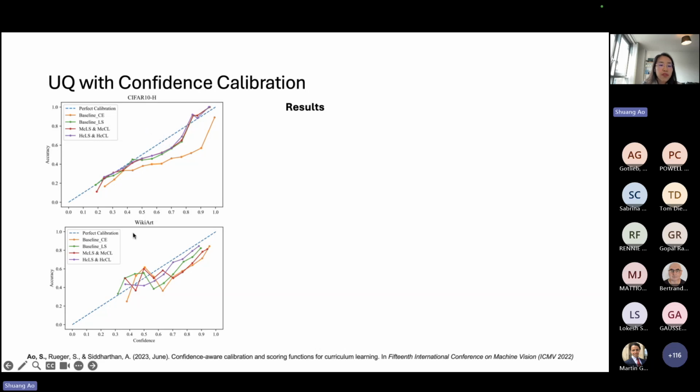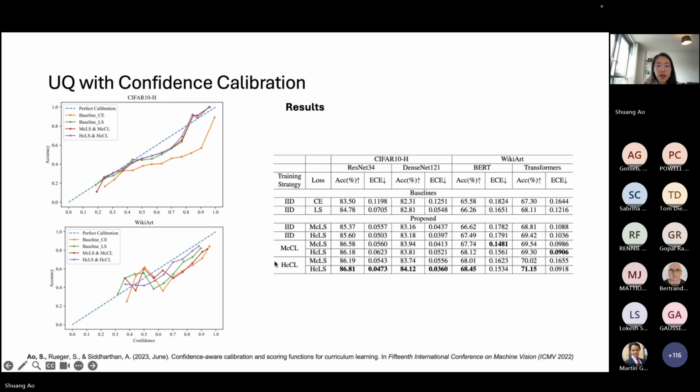And for the VKR dataset, this one looks a little bit messy because it asks for human emotion, so it can vary a lot. And also the dataset is quite small, about 4,000 samples. So from here, by the numbers, the higher the accuracy the better, and the lower the ECE the better. We can see that this human confidence gave us the better result, so it's a better proxy for both label smoothing and curriculum learning.